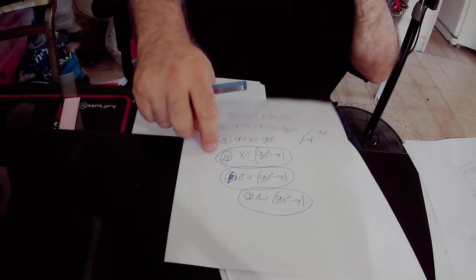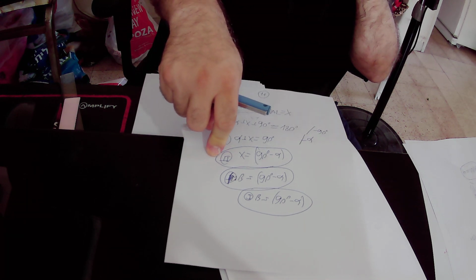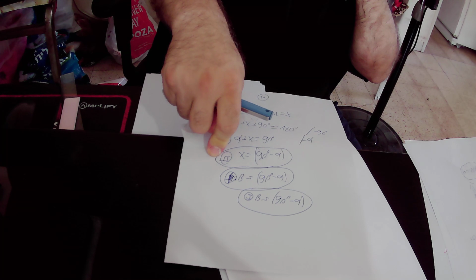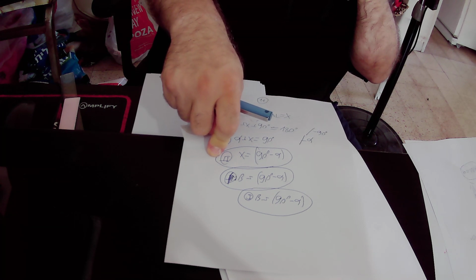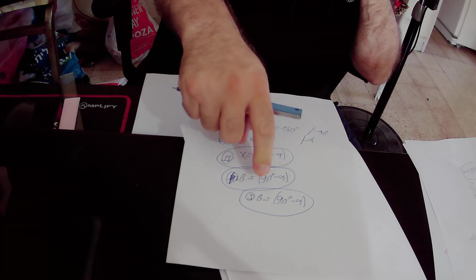Equation number 2 states that x equals 90 degrees minus alpha. So we can say that x equals beta,